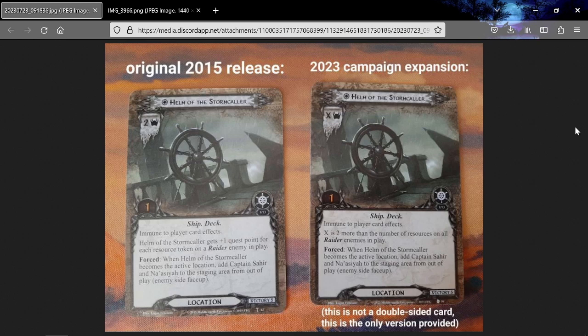Guys, I've got a few different videos I want to make over the next few days. Some rules stuff I want to discuss, just some more general topics. This is going to be the first one because it's simple and I think the word needs to get out there. Helm of the Stormcaller in the new Dreamchaser campaign expansion has an error on it, a pretty big error,